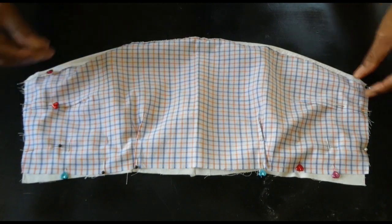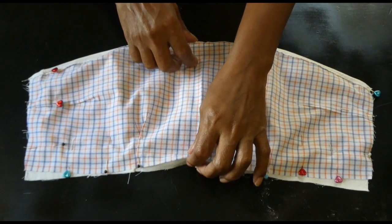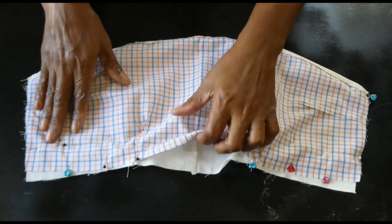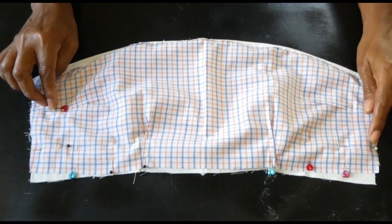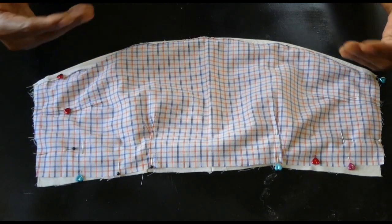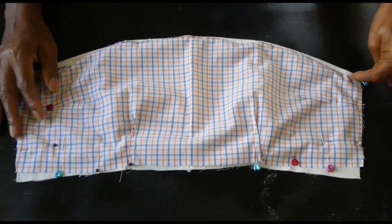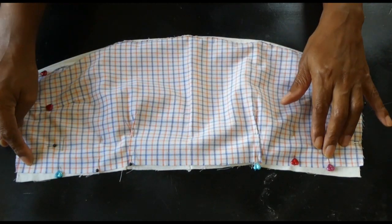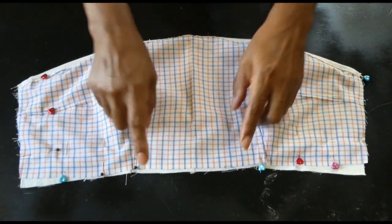After I've sewn the top area, what I did was I pinned the two back pieces onto the front. The two back pieces are in here. So I just pinned right side facing right side, and I put the liner on top of the back section, and I pinned it along both sides. I also pinned the waistline area, but I left a gap so I could pull the top through,